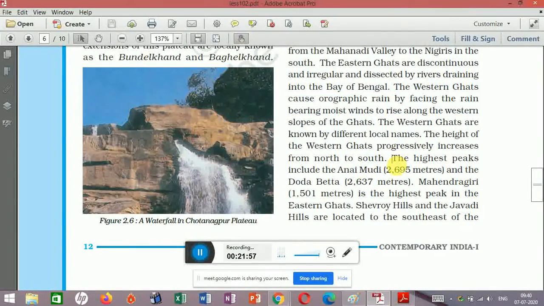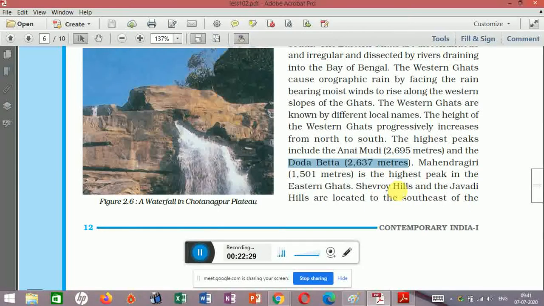And see, now let us try to find out the highest peak of the Western Ghats. The height of the Western Ghats progressively increases from north to south, and the highest peak is the Anai Mudi. This is the highest peak in the peninsular plateau, 2,695 meters above the sea level, and the second highest one is Doda Beta, 2,637, and for the Eastern Ghats,